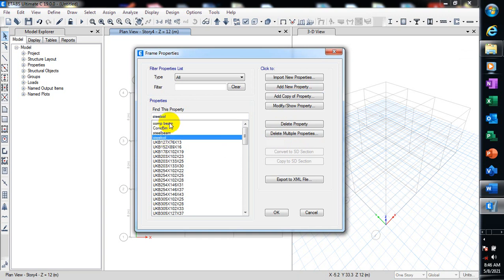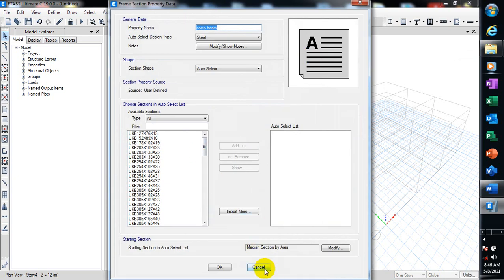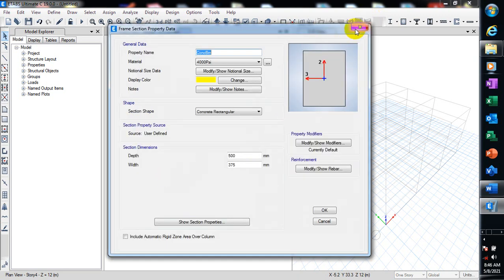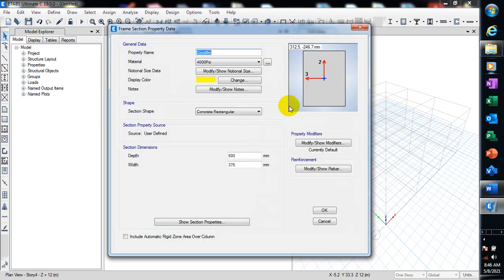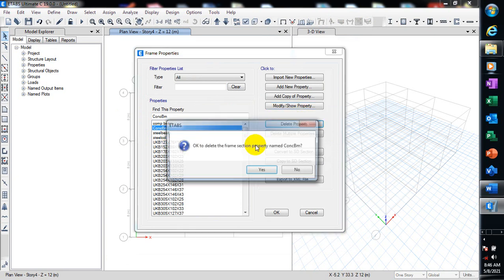Okay, so if you go to modify each of these, you are going to see the properties for all of this. Okay, if I click on modify, show property, oh sorry, this is a concrete beam. I'm going to delete this. Okay,